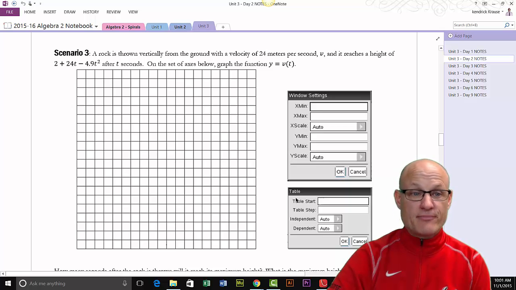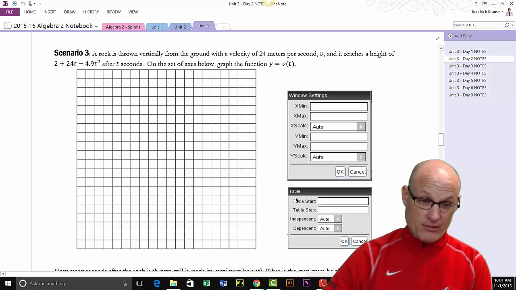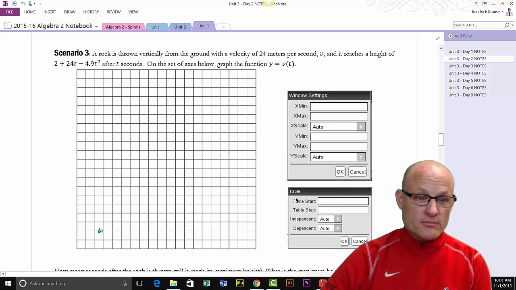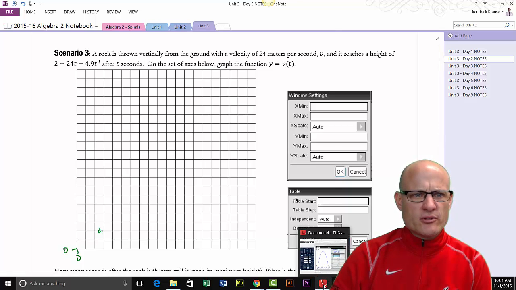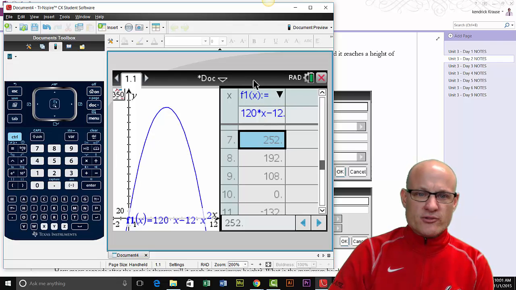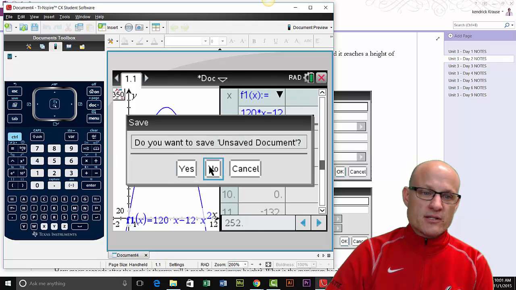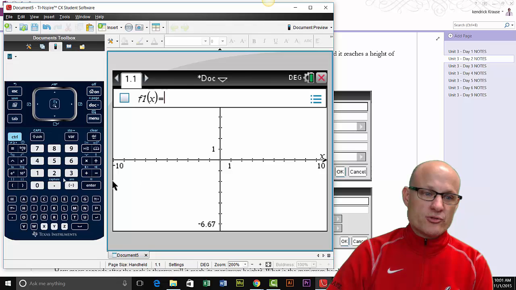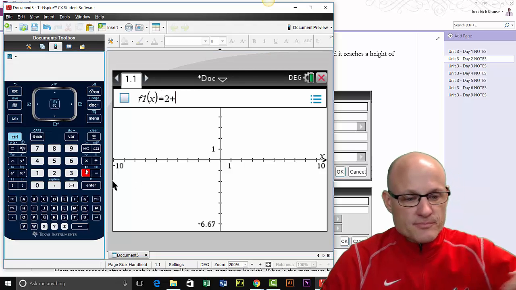Now, if it's 2 feet in the air, it's got to be thrown by a kid. Actually, by a really little kid. So, see where I am. 0 and 0. I just don't know what it's going to look like. So, it's negative. Let's just not save. And then we're going to go back in, and we're going to go 2 plus